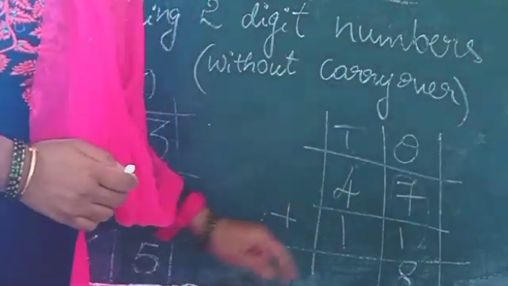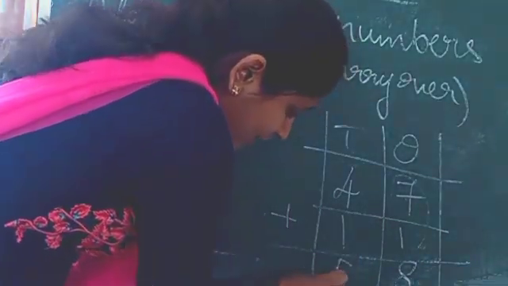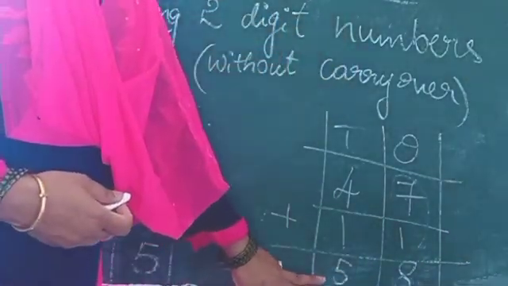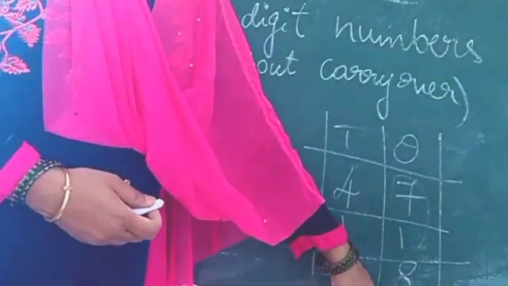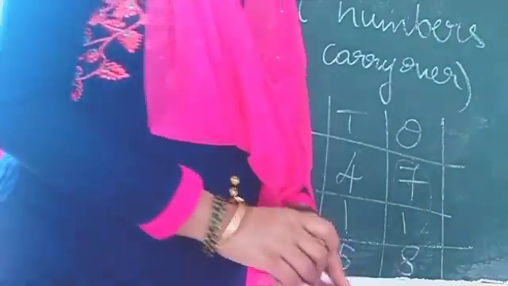And 4 plus 1 is how much? 5. Okay. 4 plus 1 is 5. We got 58 as the answer. And in your page number